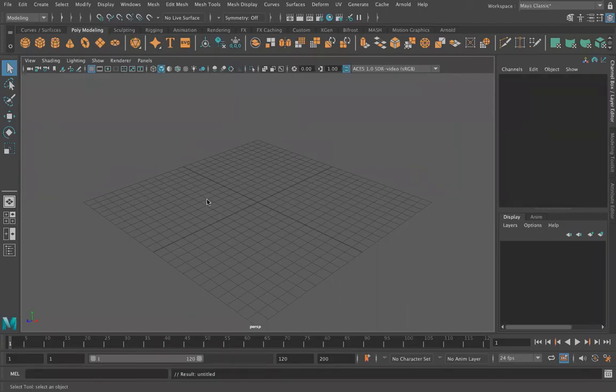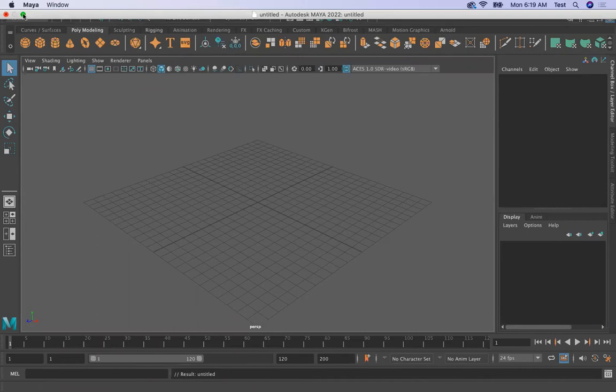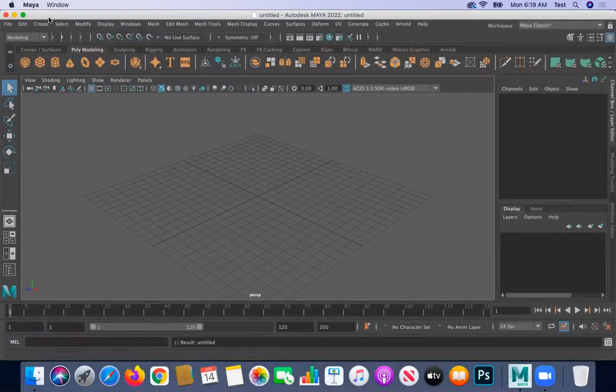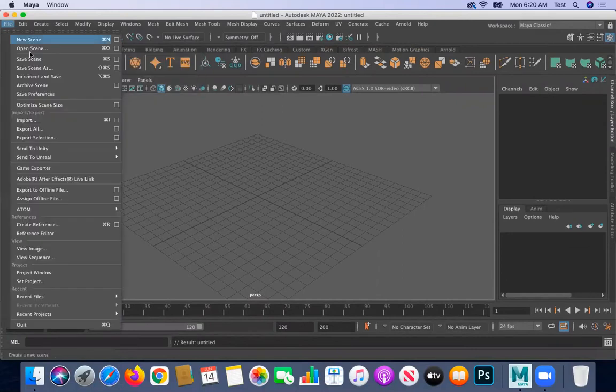I'd like to introduce you to navigating in the viewport for this video, but before we do, I'd like to show you how to save your project, best practices for saving projects in Maya. So before I go ahead and hit File, Save As, what I'd like to do is create a project folder